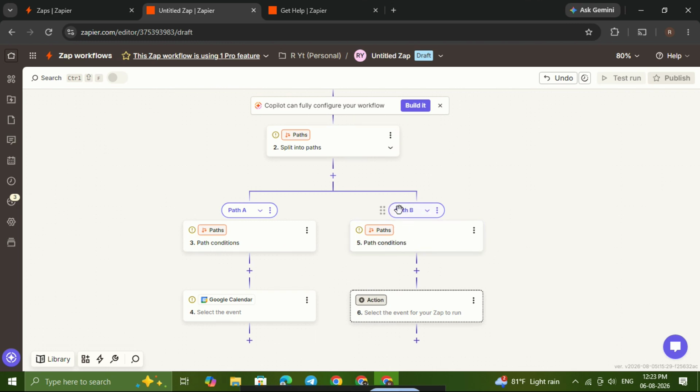Now here's the key part. If a path does not need to do anything when triggered, leave the action area blank after setting your path rules. In other words, you can define the conditions for that path, but you do not need to add an extra action step if your goal is simply to end the path. This is the easiest way to make sure the automation reaches that branch and stops there without continuing into another